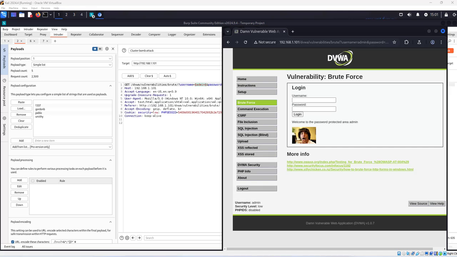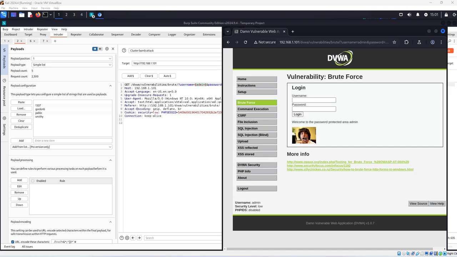Okay, so this is a continuation of the first part of the Burp Suite Community Edition on the brute force. Once we were successfully logged in as an admin, as you can see here on the display, the next step is we are going to do a lateral movement to find out other users' names and passwords. So what we need to do,